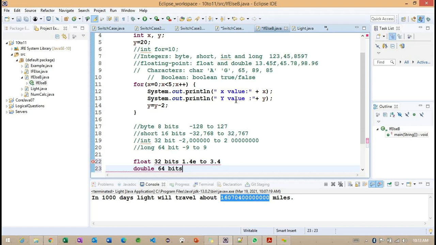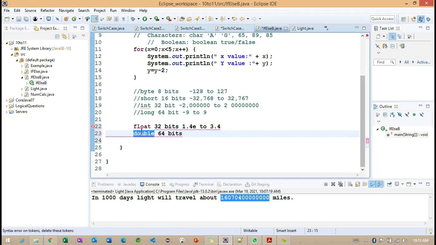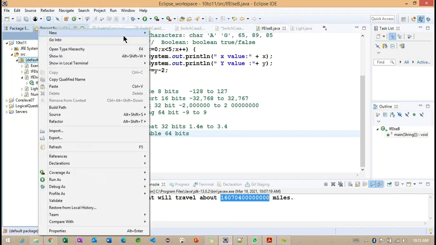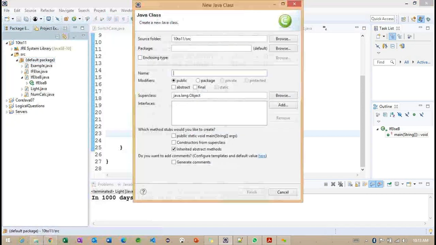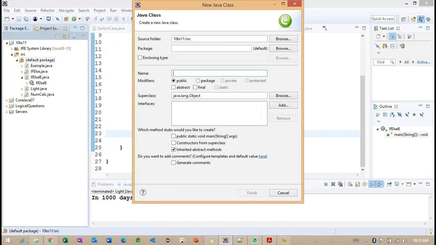As we discussed in the last class, float and double are going to take fraction values, so precision-related values are going to be taken here. We'll have a simple example on these data types, how we can declare these two data types and how we can work on the simple example here. To work on this example, I will create one more class, and using this class, we'll move on to the example section.